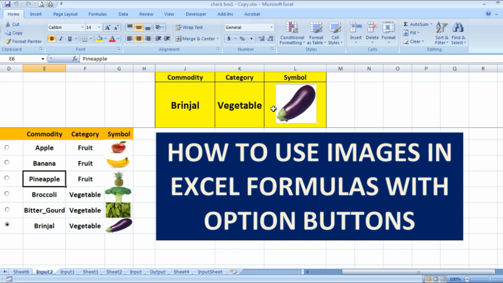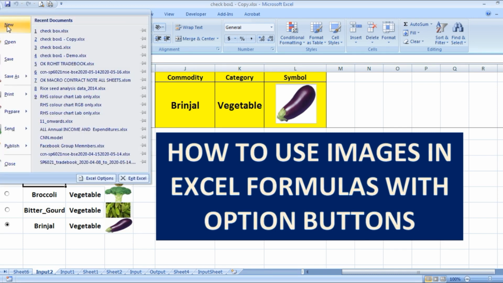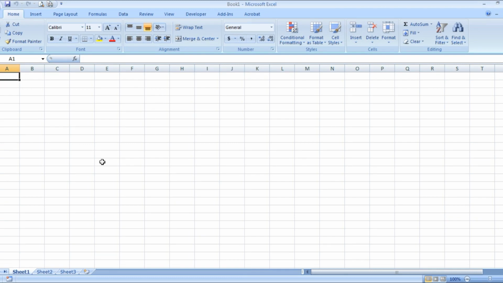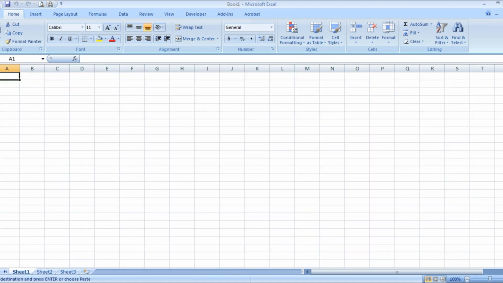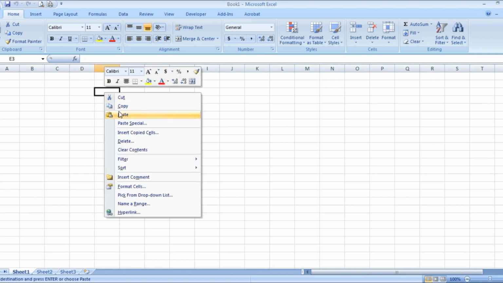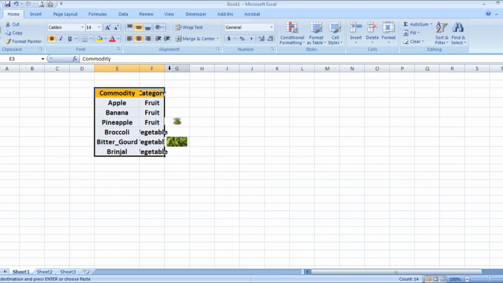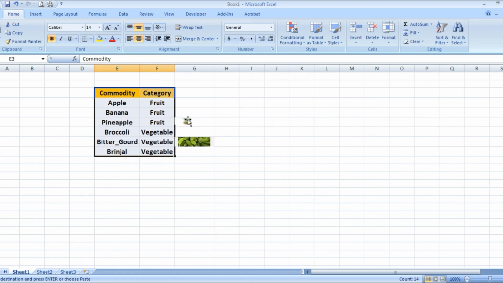Now, how can we do that in Excel? Let's proceed. I am going to take a fresh worksheet, so then we will discuss there. Here I am taking a new sheet. I will copy the text only into that sheet, and here I just paste it. Some photographs also come with it, so I will delete those first. Now you can see I have pasted this.